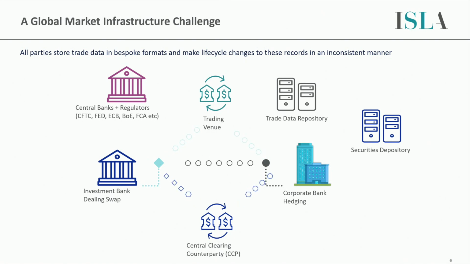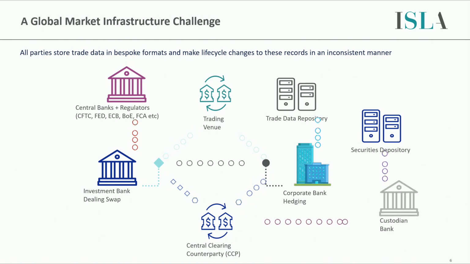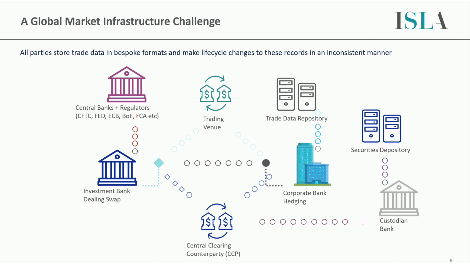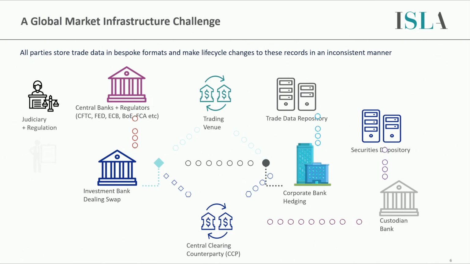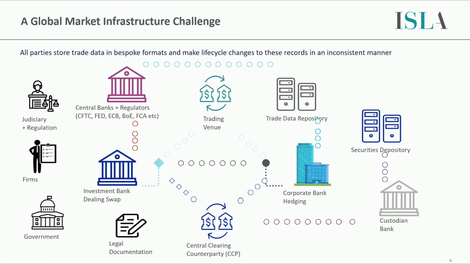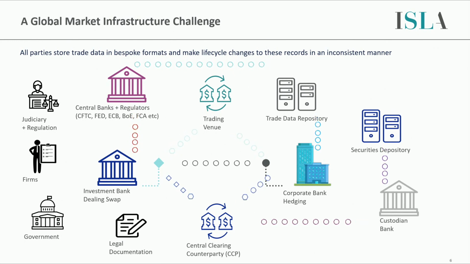We have a lot of different participants in the market, regulators, trading entities, trade repositories, depositories, clearinghouses, and really the issue boils down to inconsistent data and processes, meaning that while the data capture of a transaction, whether it be a securities lending transaction or a derivative trade, they are captured differently at source, and then when they are amended over time during their life cycle, they are amended in different ways, meaning that the data is never in sync, and we have costly reconciliations to try and keep the data in sync.